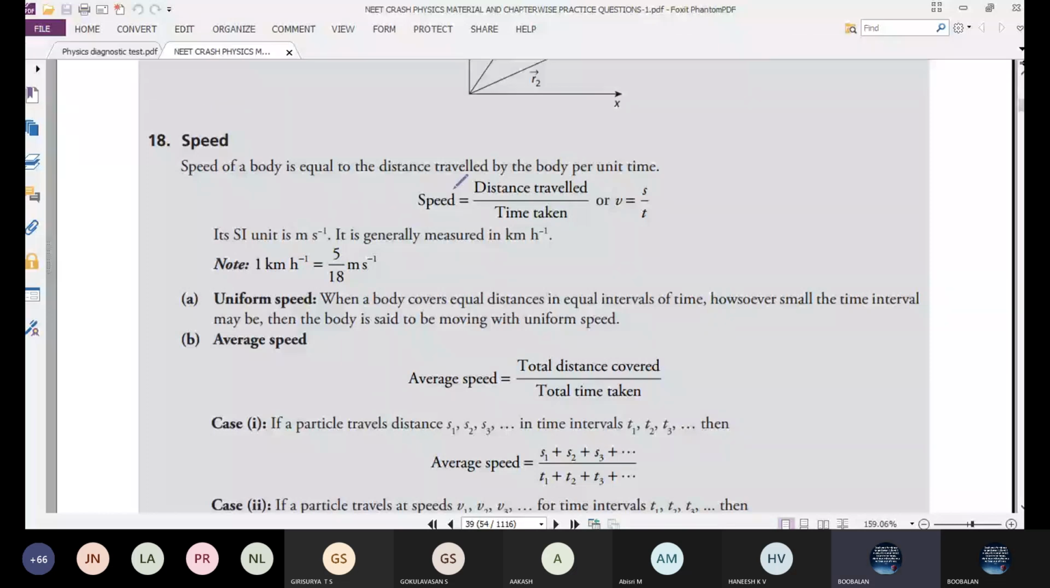Okay, listen. Speed. Speed of a body is equal to the distance traveled by the body per unit time. So this is an easy definition you can follow. Speed formula, the SI unit is meter per second. Normally we are using kilometer per hour. 1 kilometer per hour is equal to 5 by 18 meter per second. Because